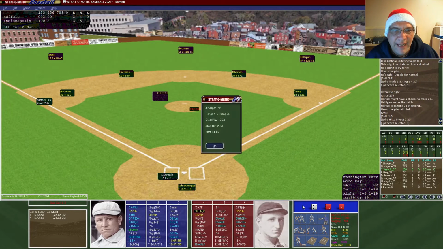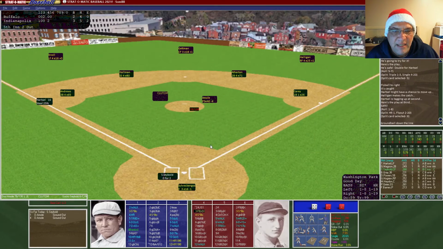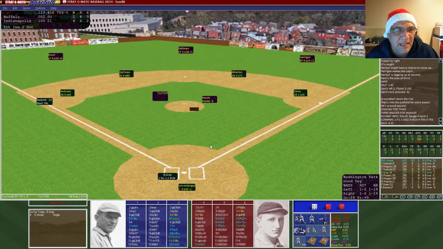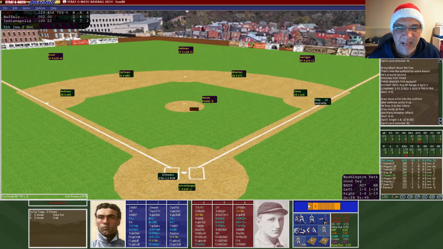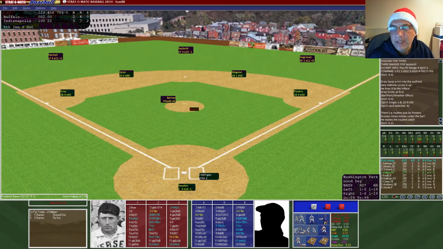He is 1 for 7 in the playoffs. He's going to hit a ball down the line. Halligan's going to have to make a play. And it went down the line. Not able to get there. Seabold gets an RBI triple. And now Indianapolis is up 4-2. Here's Gray. He needs a 1-8. He does get it. It's going to be another run. 5-2 for Indianapolis. Powers is up, and he's going to pop out to end the inning. But 2 big innings in the 4th and the 5th, both getting 2 runs and giving Indianapolis a 5-2 run and some cushion for Frederick Barnes.